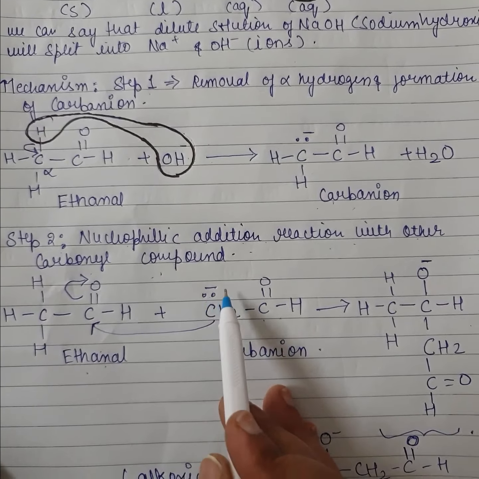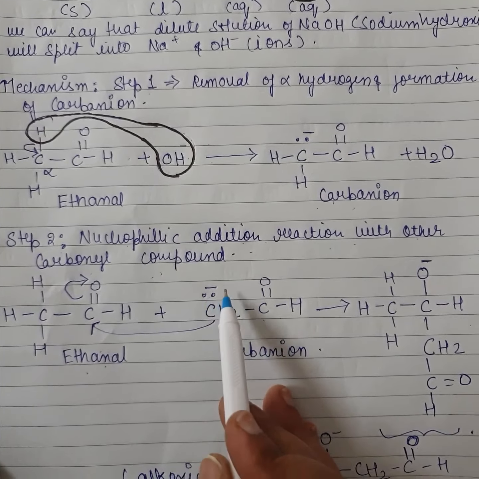Let's discuss the third step, that is the protonation of alkoxide ion. Here you can see this is our alkoxide ion structure. Protonation means the introduction or the addition of a proton in any structure. So we can see in alkoxide ion the oxygen will carry the negative charge. So how will this protonation reaction take place? By the addition of water, because here water will act as a source of proton. The structure of water is H2O. In that H2O, the H will split and the proton will be liberated from this water molecule and it will be taken by the oxygen.